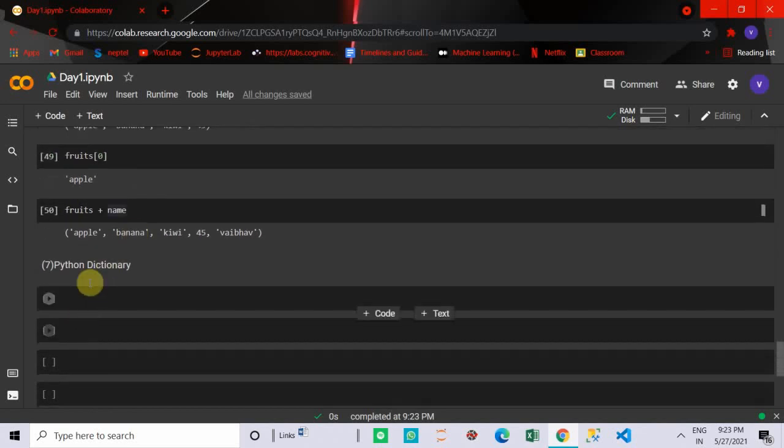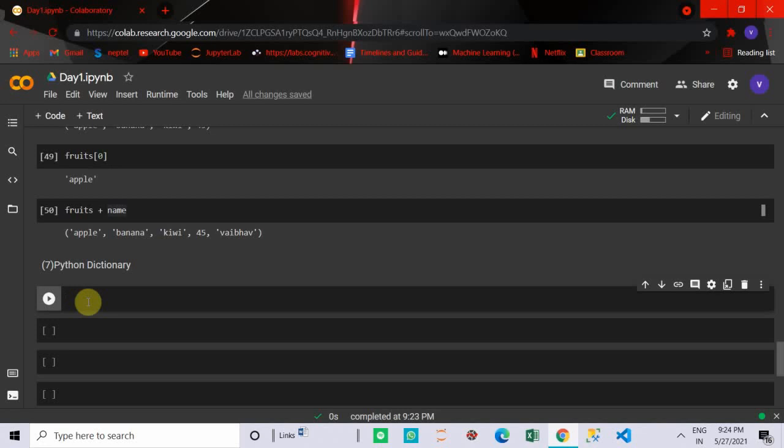Now, about dictionaries. A dictionary is like the dictionary you deal with in real life. There is something called a key and something called a value. So Python dictionaries are key-value pairs, or hash table types. Keys are usually numbers or string values, and values can be any Python object. In dictionaries, there is something different from a list and a tuple.